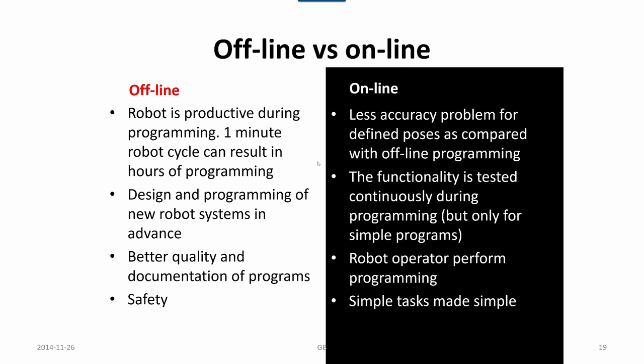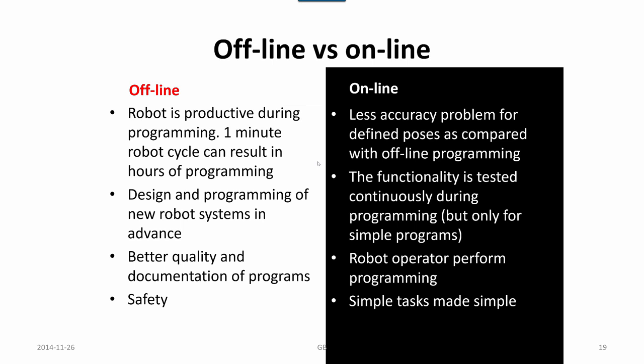We have the real system, we do programming on the real system, and actually we drive the robot to whatever pose and target we are aiming at. So if it works, it works. The functionality is tested continuously during programming, but only for, I would say, simple programs. For more complex programs, it might be a huge